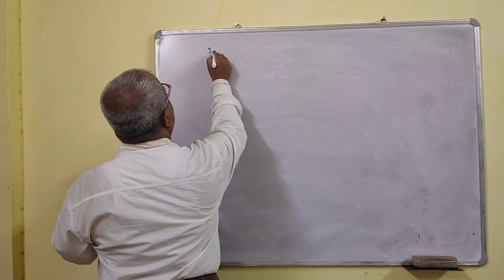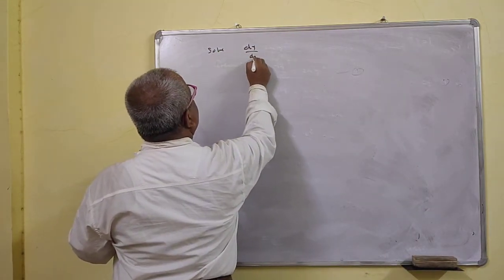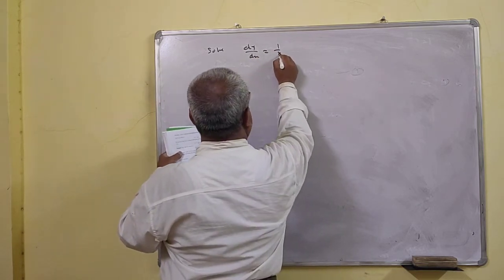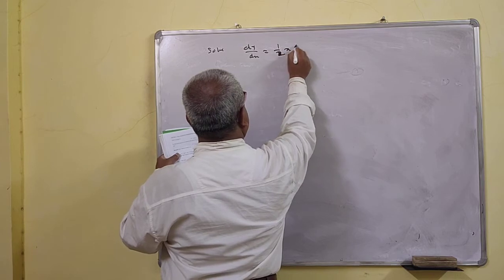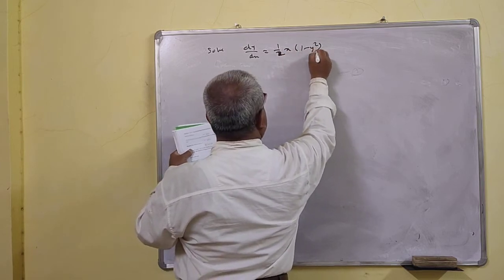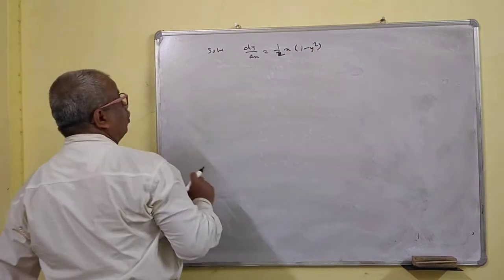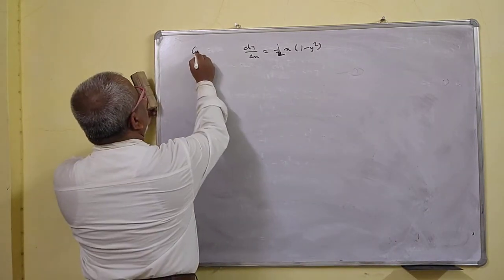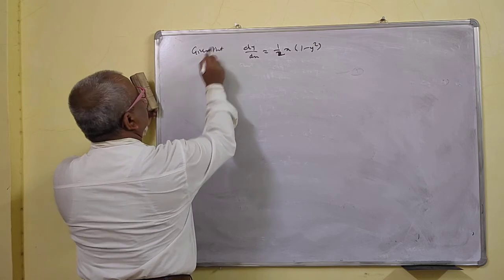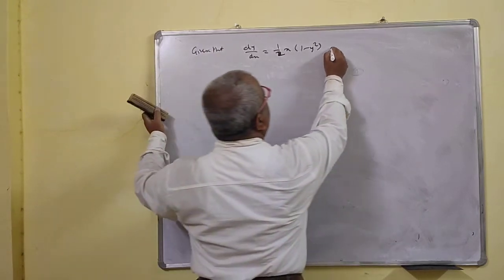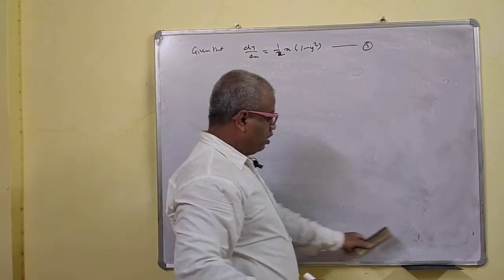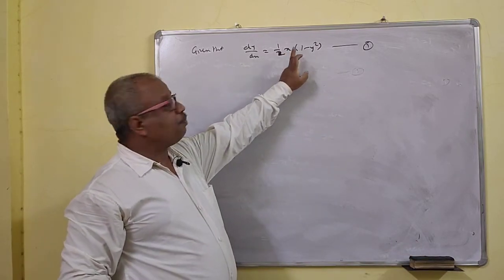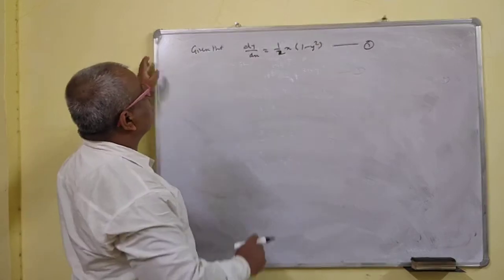Okay, so solve dy by dx. Directly given that dy by dx is equal to 1 upon 2 x into 1 minus y square. 1 minus y square. Okay, solution. Given that, we call this 1 now directly. So now we can simplify. This is x into this. The product is there. That means it is a variable separable form.